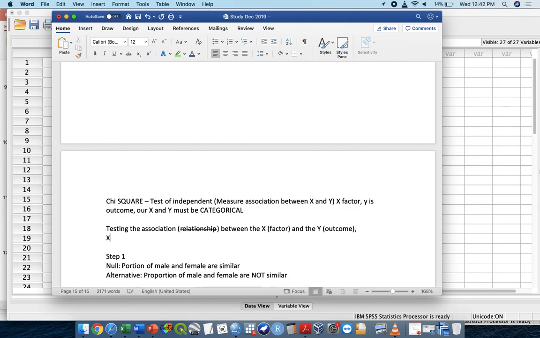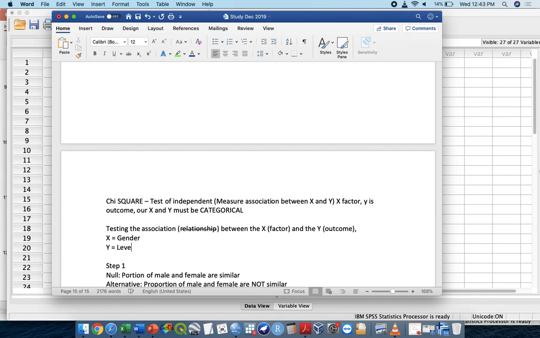So what is our x? Let's say our x will be gender, and then our outcome will be level of knowledge. Particularly because the gender has no significant difference in terms of the knowledge, and the gender also shows no significant distribution, so I may no longer input the gender. I'm going to use the test of